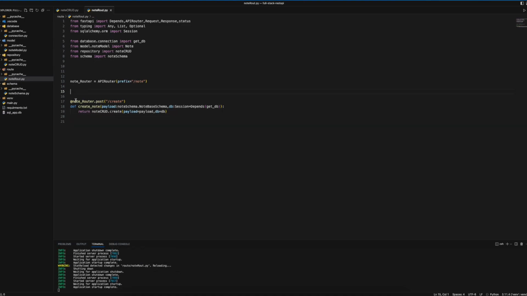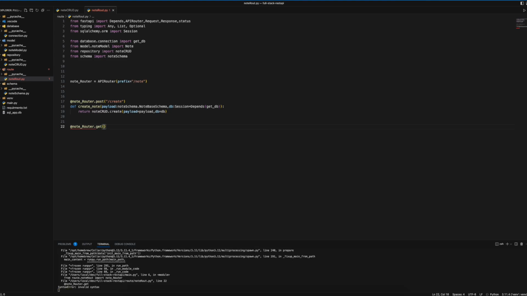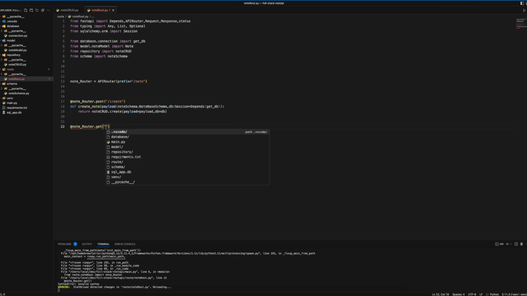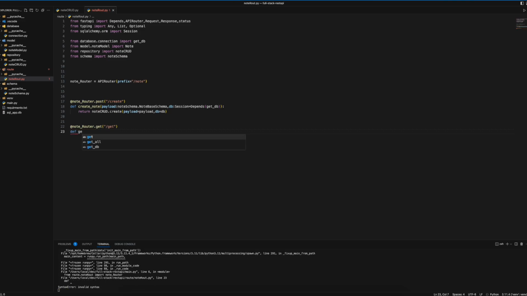router and assign node router.get, and I can name it, for example, fetch or get. Choose the name you want and just def get all nodes,